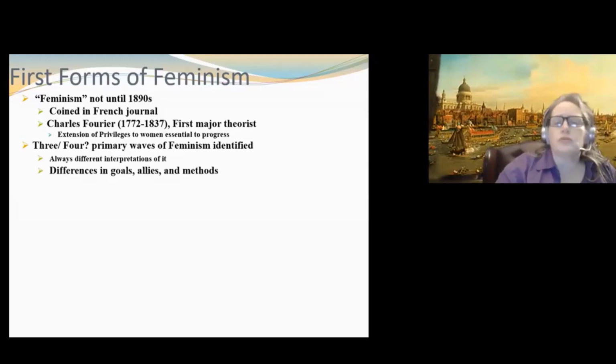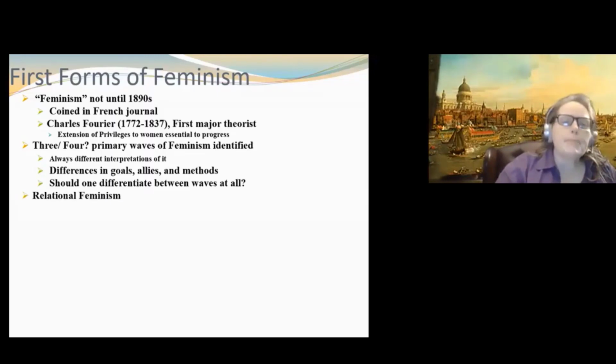There are differences in goals and allies and who you're willing to work with, and what kind of methodology you'll use. And there are a lot of scholars who really don't like the waves at all for the reasons I described. Now, some of those who are in that group that are more liberal feminists are sometimes